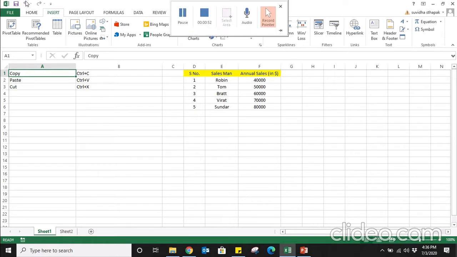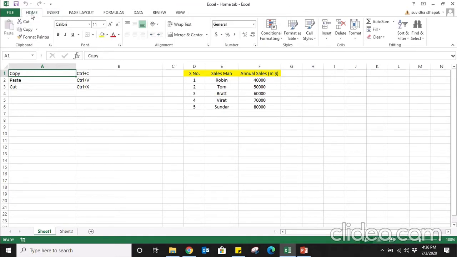So I'll quickly click on the Home tab, and here, if you see, I have mentioned three shortcuts: copy, paste, cut. Most people know these shortcuts, but for those who do not know, if we want to copy anything, we can do it using Control plus C. If we want to paste, it's Control plus V, and if we want to cut, it's Control plus X.